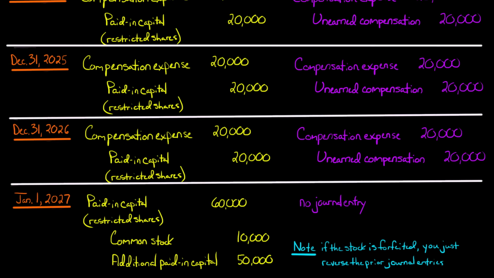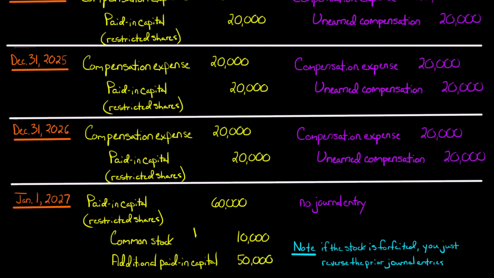The CEO can do whatever they want with those shares now. They could sell them. They could do whatever. And so now what we're going to do is debit this paid-in capital restricted shares account. Okay, why are we debiting that for $60,000? We want to get rid of it because now we're going to increase the common stock account, and there was